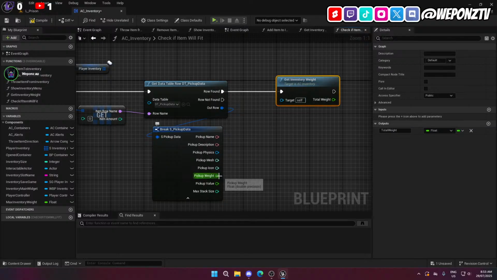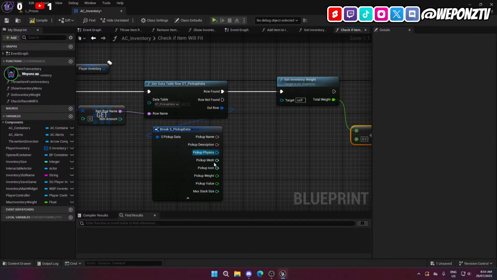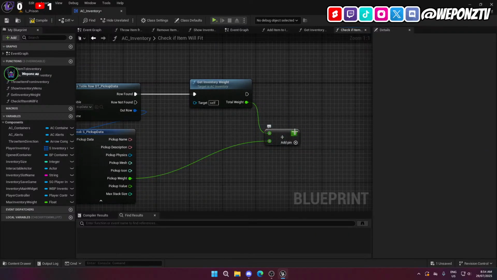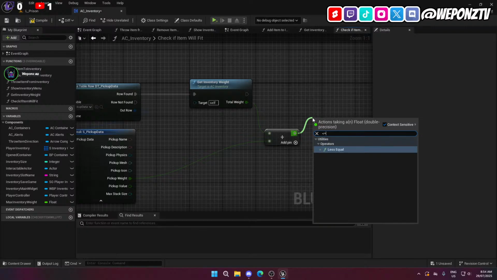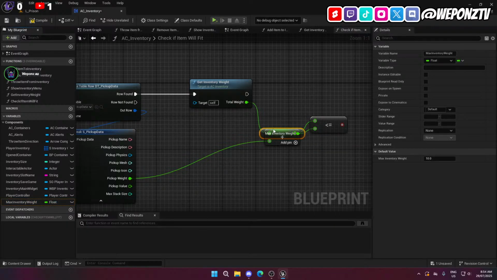So the total weight, so how heavy everything is, plus how heavy that bad boy is, that's the new weight. And if that is less or equal to the max inventory weight,